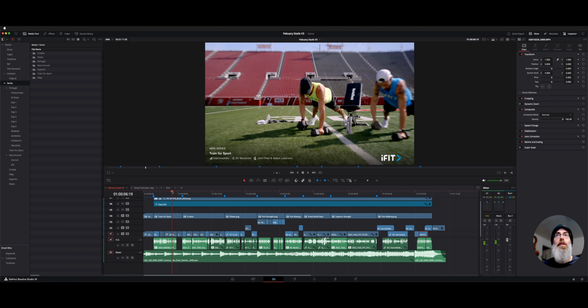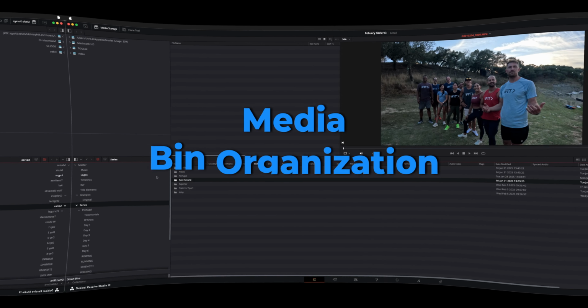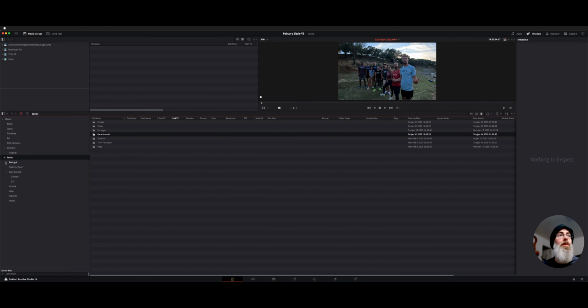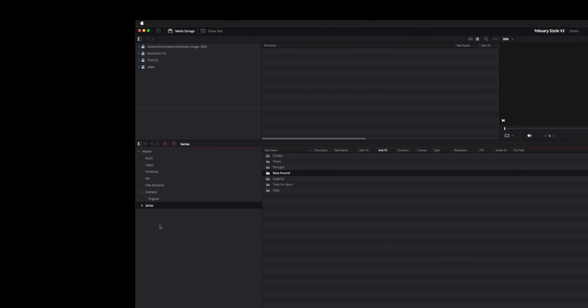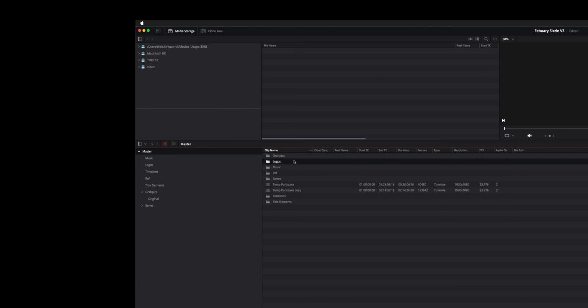Let me show you the rundown of the trailer workflow. Here in the media bin, as you can see, we got quite a few folders. I'm a big fan of keeping things organized so you know where to look if you need something. So here we have our master bin. I have graphics, logos, music, a reference, series, and then a timelines folder,